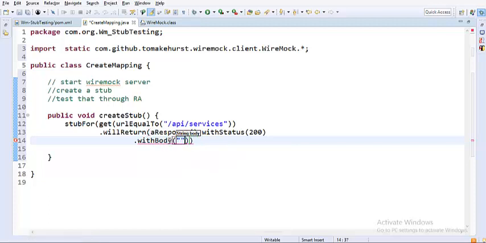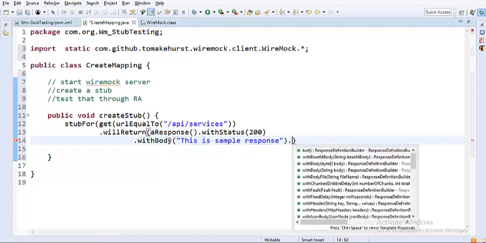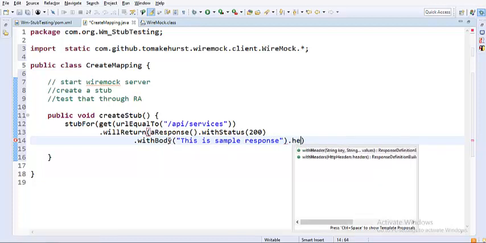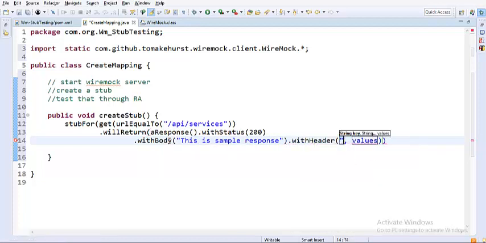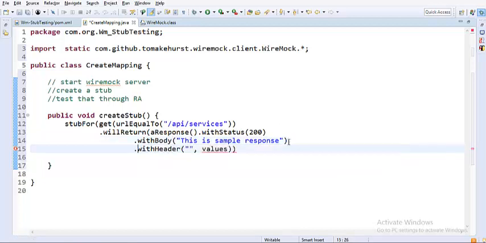So with body, now I'll call it "this is sample response". This is the response I would like to return, and if you would like to specify a header, you can specify that as well. Let me move it to another line.